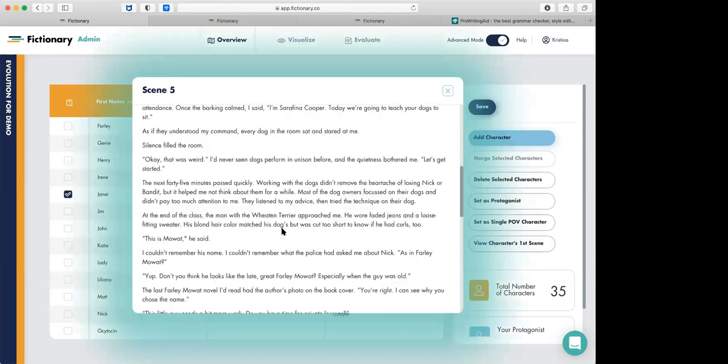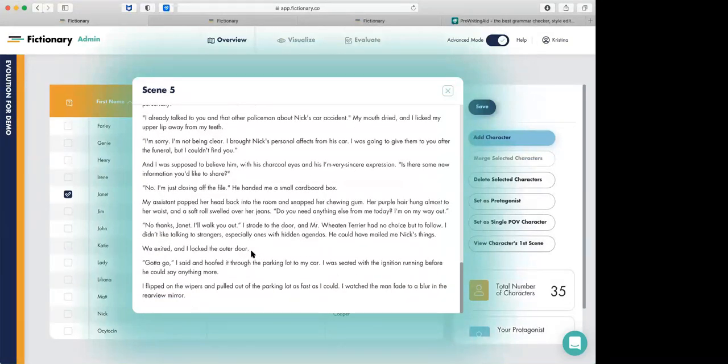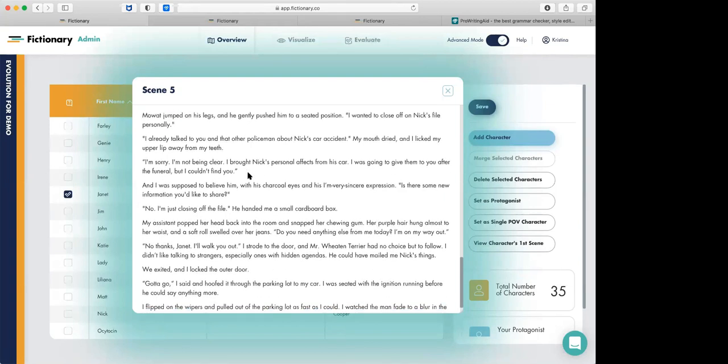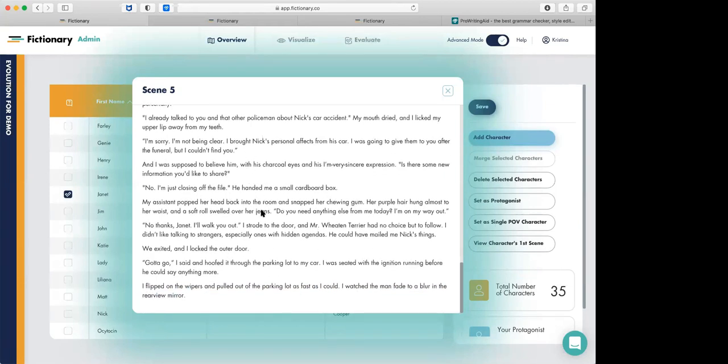Janet, I know this because I've read the scene, is down at the bottom here. She's the assistant, and she appears once. We mention her name once, and that's it. The way to revise this scene is she doesn't even need to be in it. She's never in a scene again. She doesn't need to be named like she is here. No thanks, Janet. Well, it doesn't matter. So the two options are to just remove the name or take her out altogether because she's